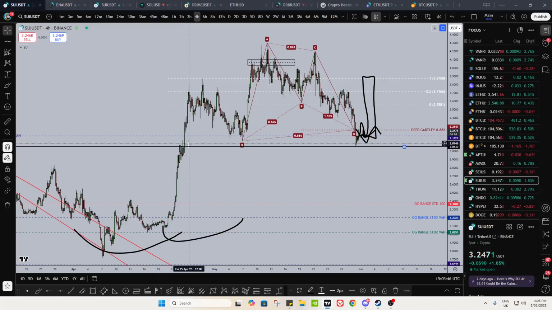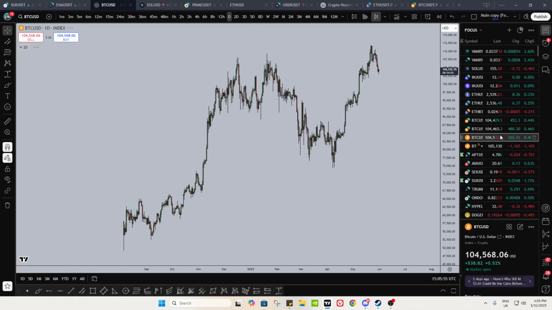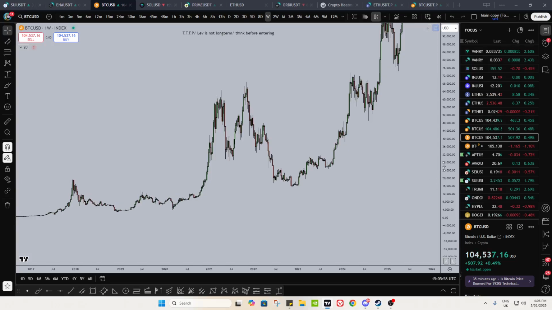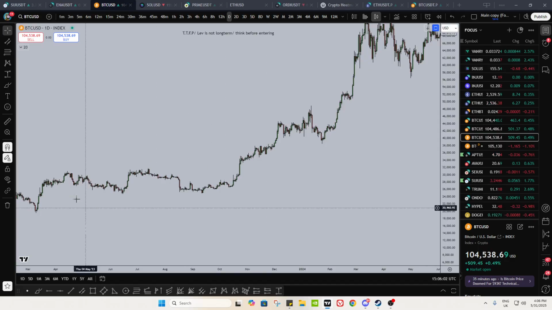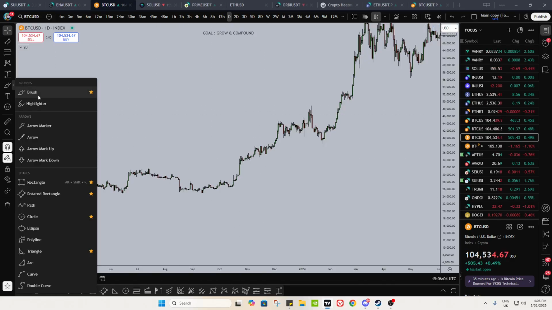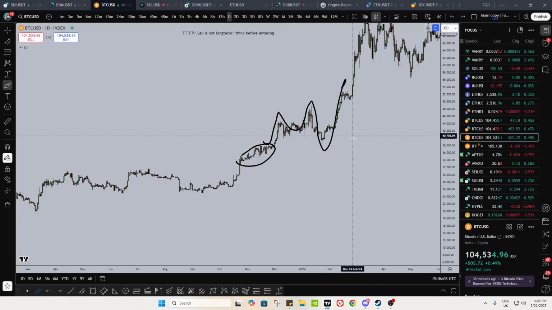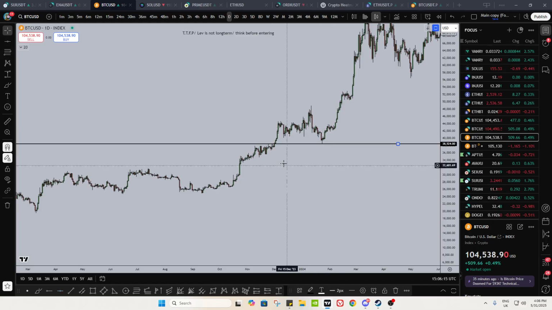This reminds me awfully like what Bitcoin did in a way. Let me show you what I mean. It's at a smaller scale, but Bitcoin does this a lot. If you go to the weekly, look at what Bitcoin did here. You had better look at the daily actually. So you had vertical accumulation right over here. Breakout, liquidity rate, send. So this liquidity rate retested the top of your vertical accumulation.